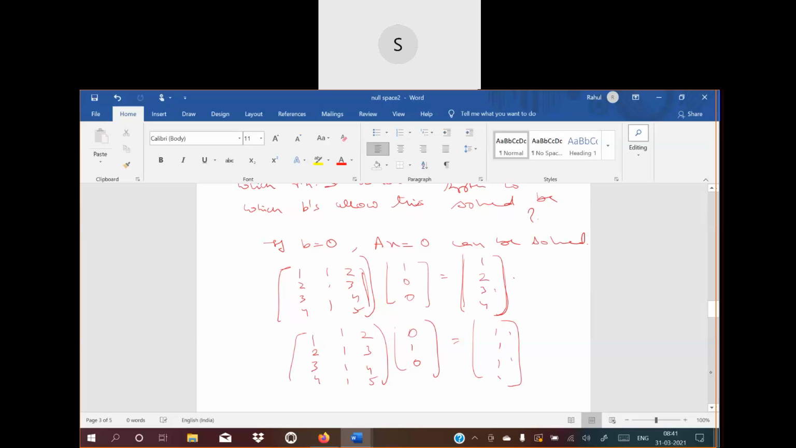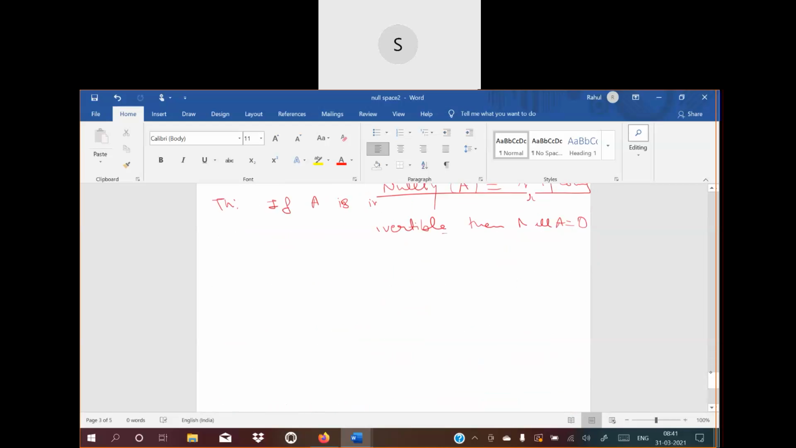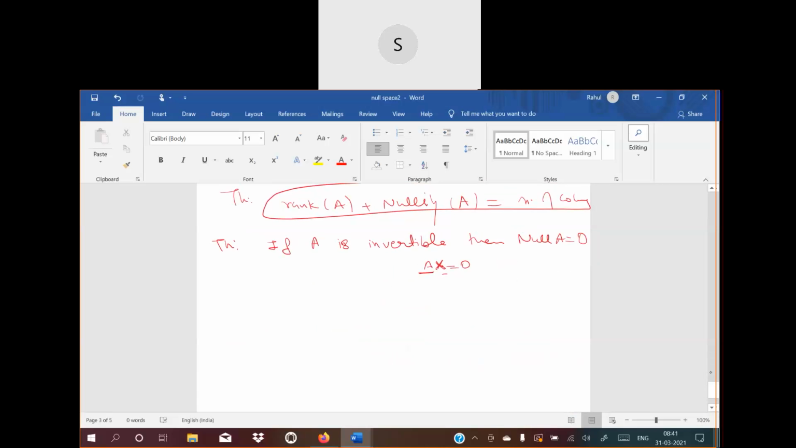Yes, ma'am, got it. Now one more thing I have to do. One minute. I took some examples last time. This one was the example I was taking last time to explain the span. A is equal to 1, 2, 3, 1, 1, 4, 1, 4, 1, 1, 3, 2. Now, if you reduce it into the row echelon form,